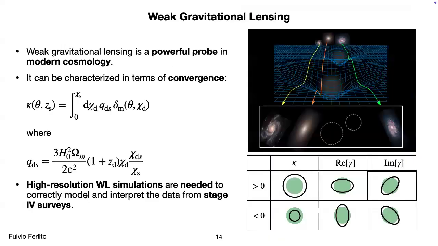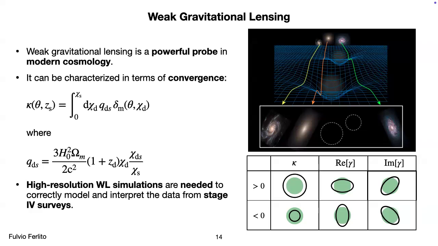Weak lensing, in these decades, has established itself as a standard cosmological probe. In particular, here we can see the equation for the convergence, and we see that cosmological parameters come into play. Indeed, it's nowadays an important piece of information to put constraints on cosmological parameters, in particular the S8 parameter.